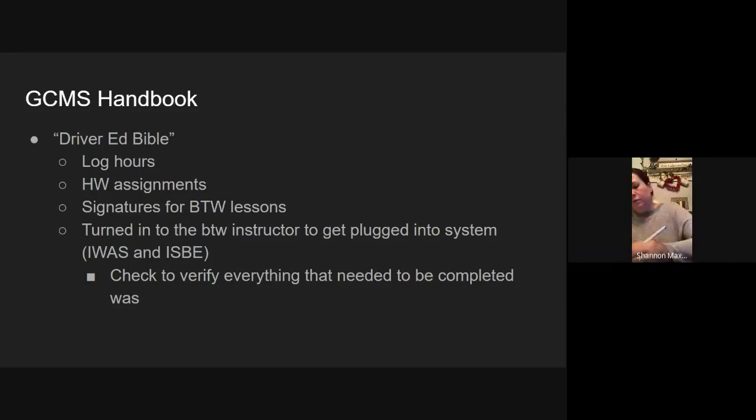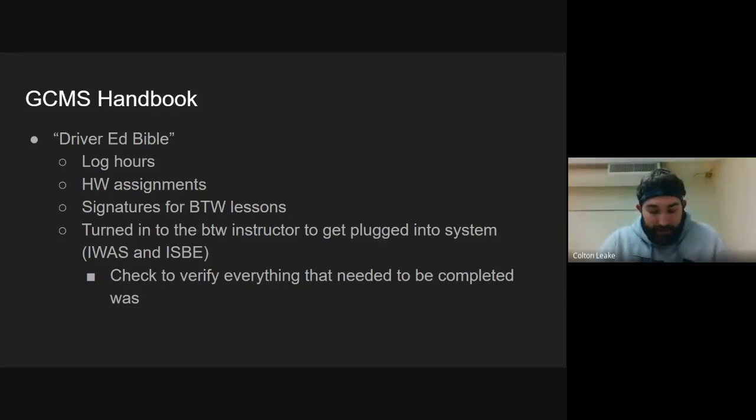I will add, hopefully this isn't the case, but I did deal with this at my old school district. With a permit, a student is not a valid designated driver. I hope this doesn't come up, but I did have students at my old district say, well, I've had to do this for my parents.